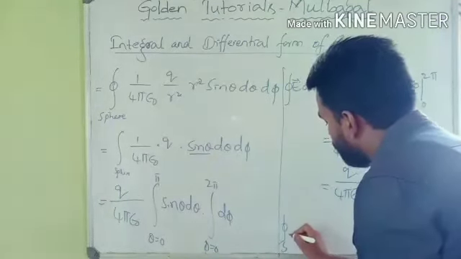Instead of a single point charge, let us consider a group of charges scattered inside the sphere of radius r. Now let us see what happens. Suppose a group of charges, that is a number of charges, are scattered inside the sphere. Then what happens to this electric field intensity?